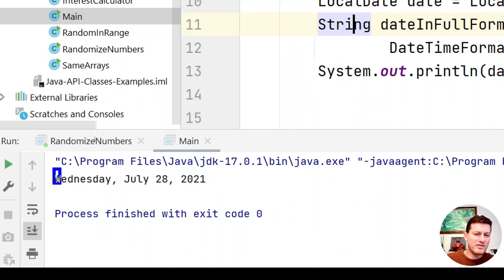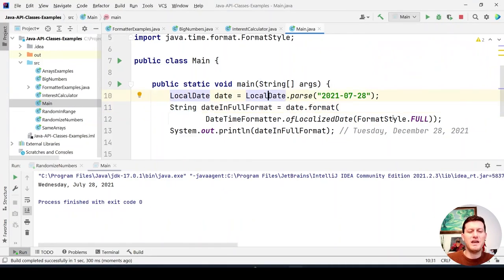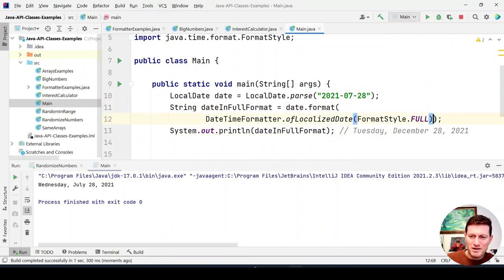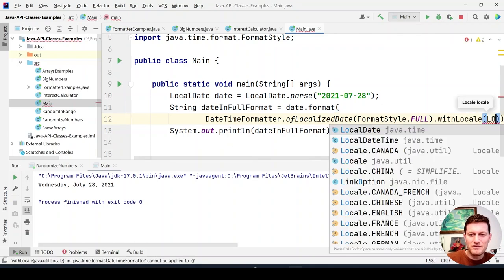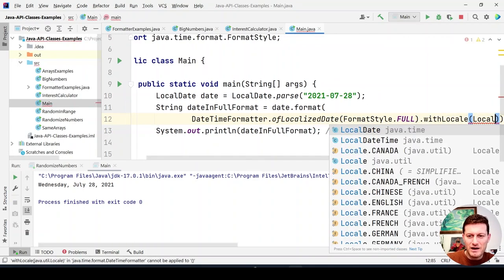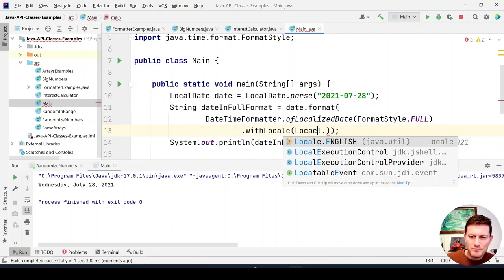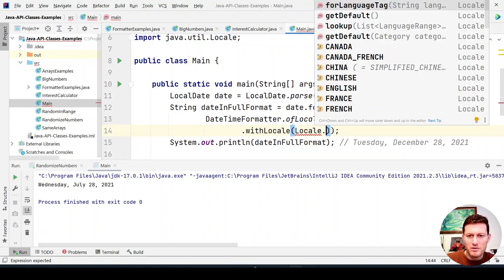It means Wednesday, July 28, 2021. This is the full date format. But if you live in some country and you have changed your regional settings, this could look different, because of the locale. By default my locale is US English, but if I press locale dot, for example,